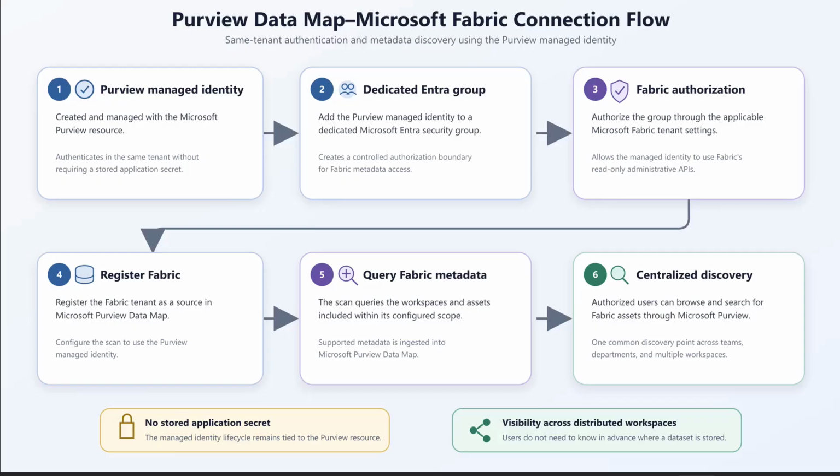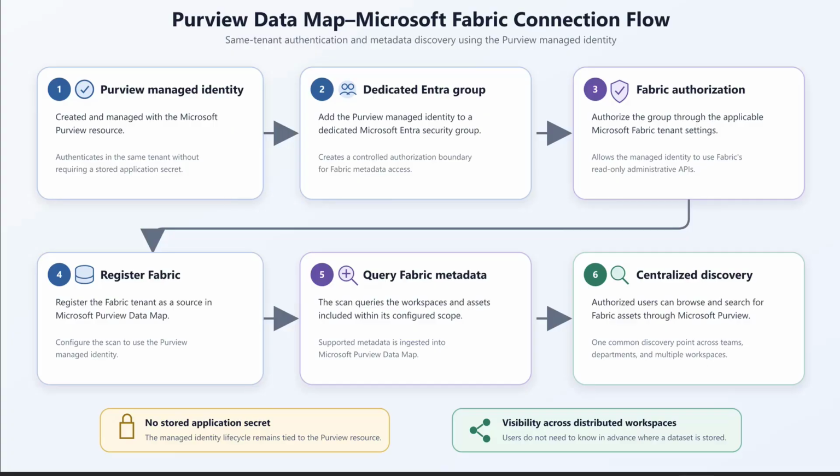At a high level, it works like this. The Purview managed identity is added to a Microsoft dedicated Entra security group. That Entra security group is then authorized through the appropriate Fabric tenant settings, admin settings, to use the read-only administrative APIs. The Fabric tenant is registered as a data source in Purview Data Map, and a scan is configured using the